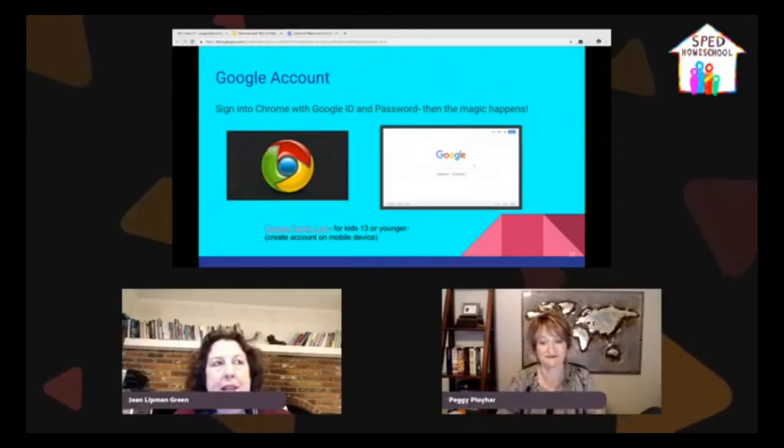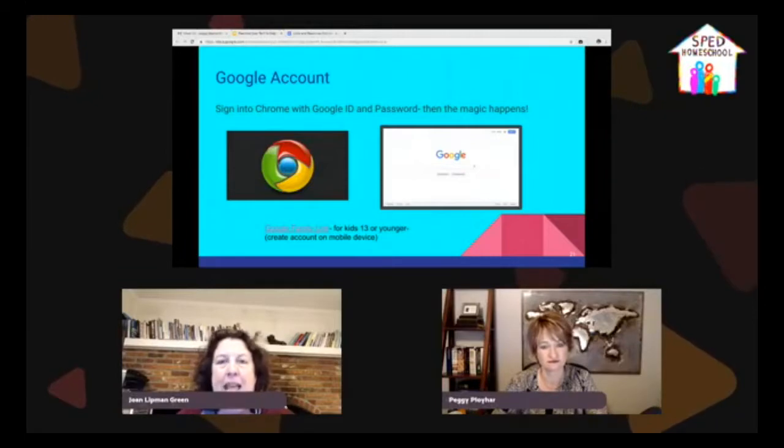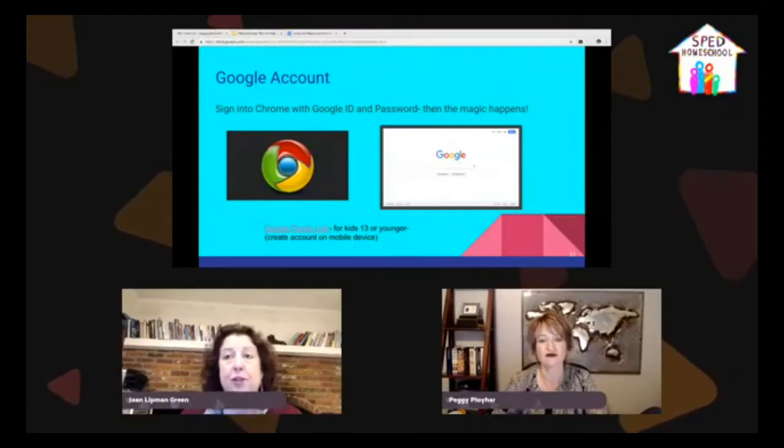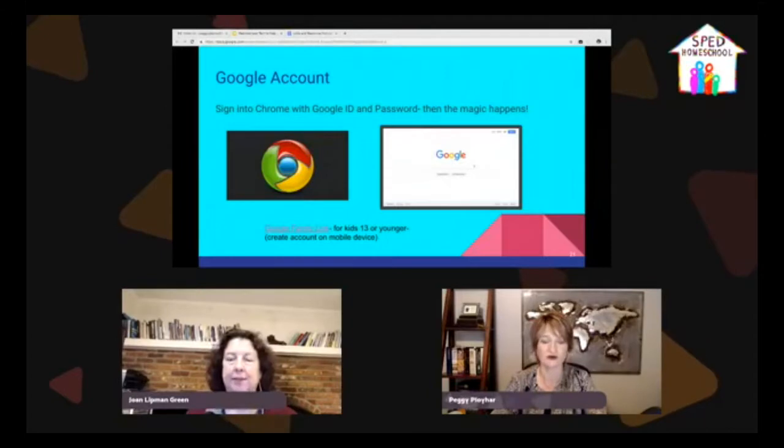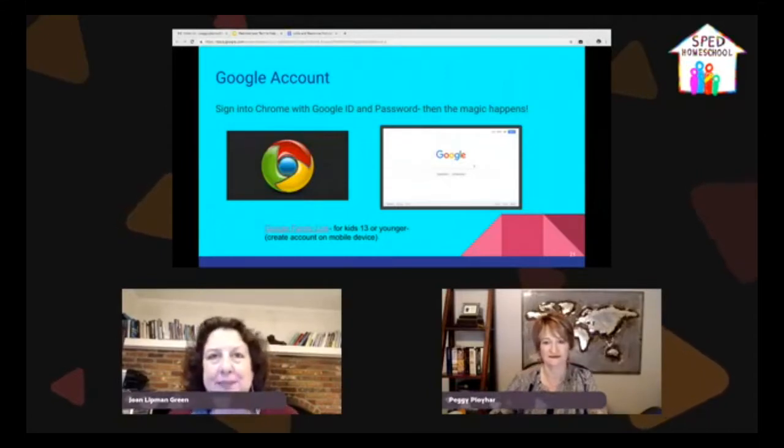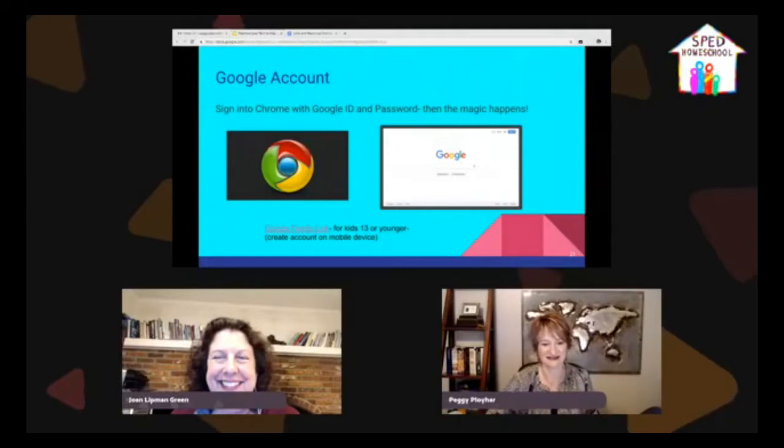Now if you have an iOS device like a tablet, so this is just computers. If you're on a PC or a Mac or a Chromebook, you log into Google Chrome. If you're on an iPad or an Android tablet, then you have to go to the particular app, like Google Docs or Google Drive. You don't log into Chrome to get to those. Oh, okay. Yeah, it can get a little confusing. It can, yes. I was kind of thrown when they first did those apps on the tablets,